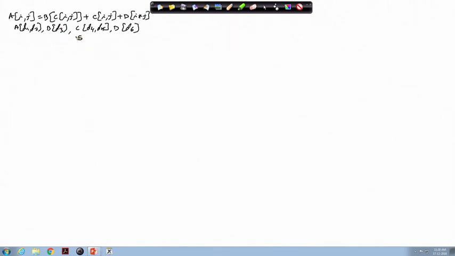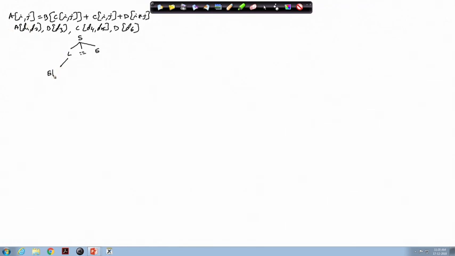Now, if we try to generate the corresponding parse tree, S produces an assignment statement, so we have this left side assigned as some expression. For the left side, I have to generate this A[i][j].